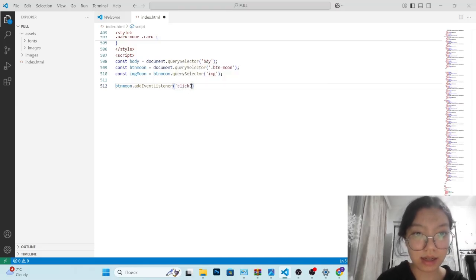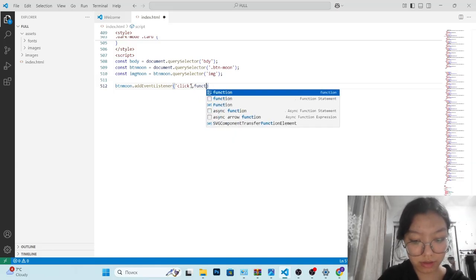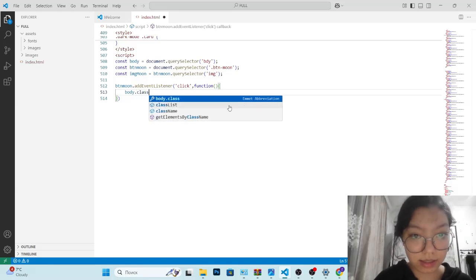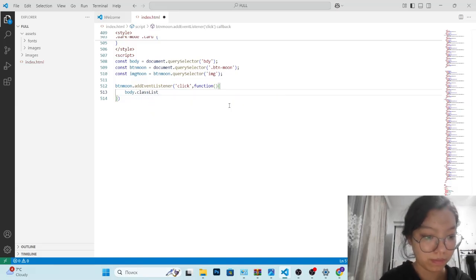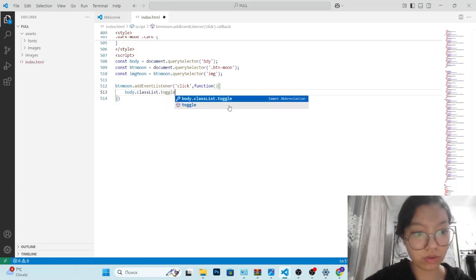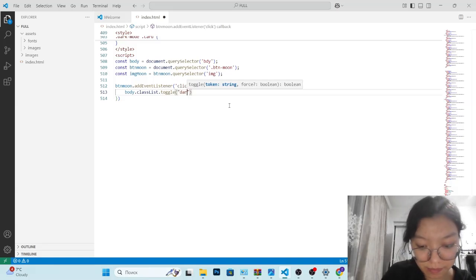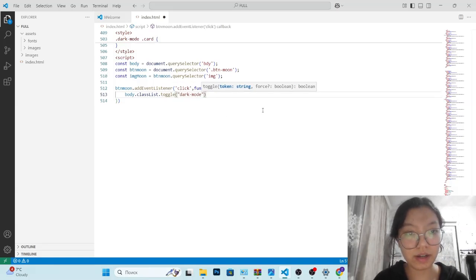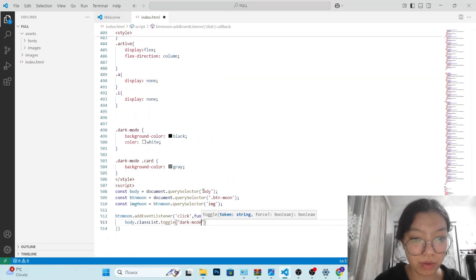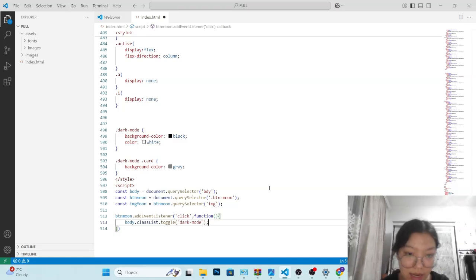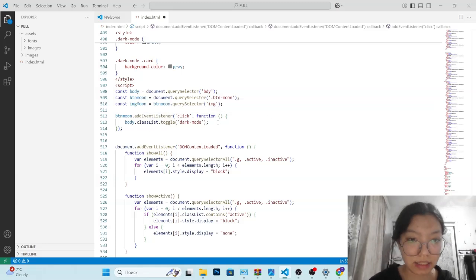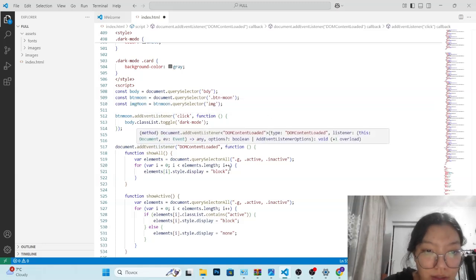Click, function. We're writing body class list toggle, and here we're writing the name, dark mode, because we've already written it in the style. So just carry on with the script. I'll show you what will happen after we click this and add the class list. Okay, after adding the class list toggle to the dark mode, we're adding an event listener,